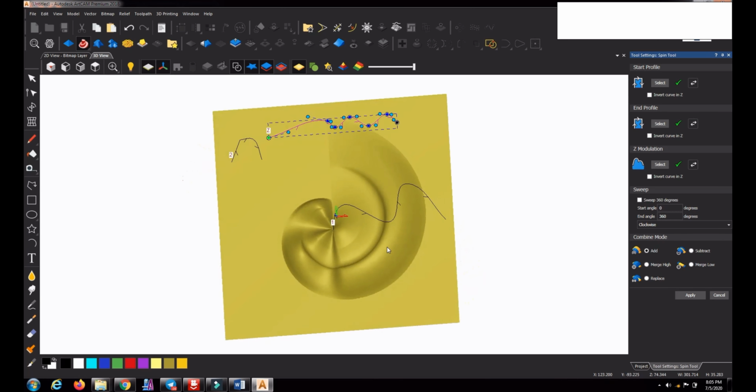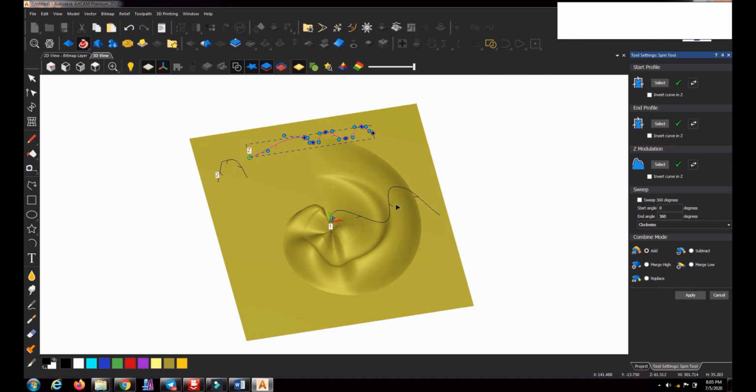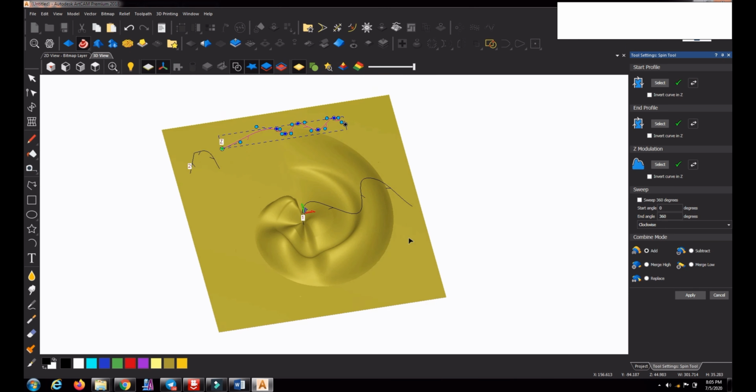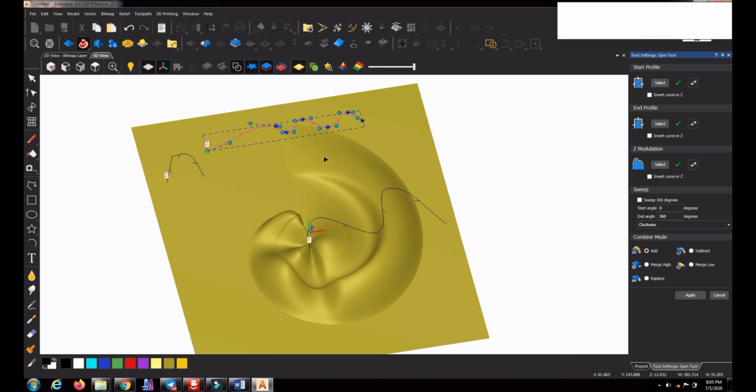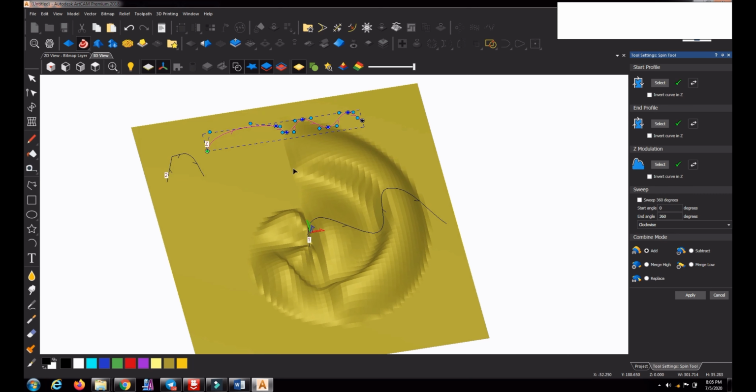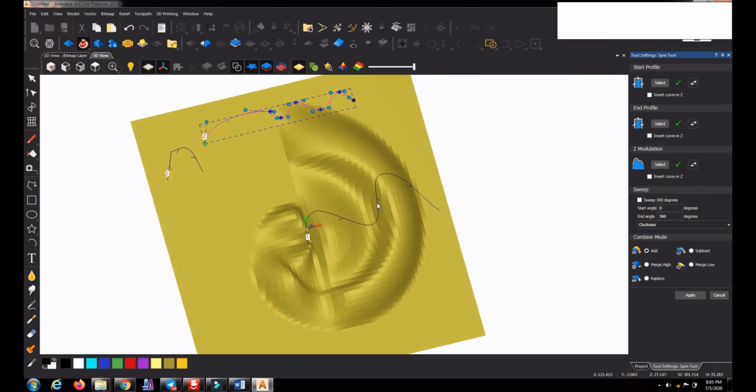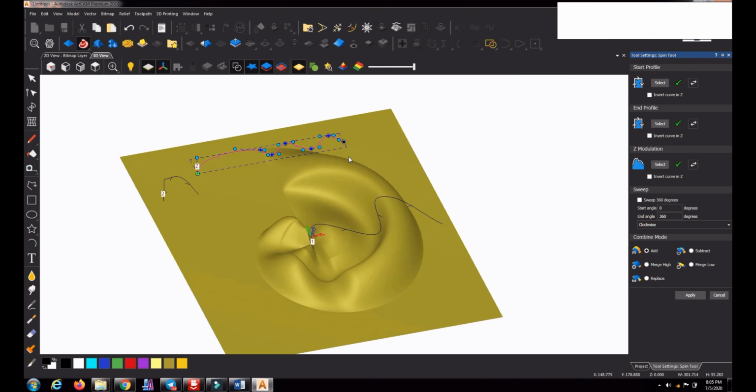You can make any kind of relief using this technique. While you vary the vectors, the shape also differs. You can do it here itself: if I change the shape here, it is automatically updated.